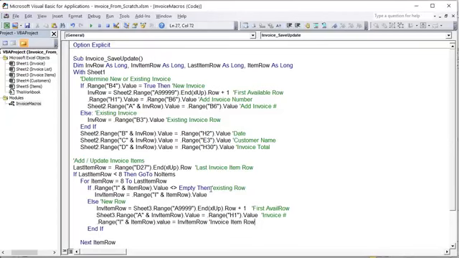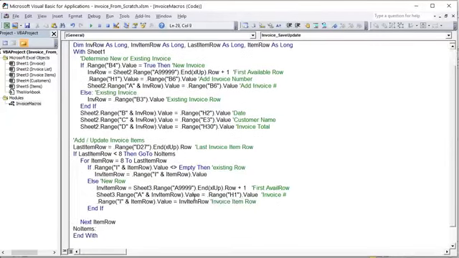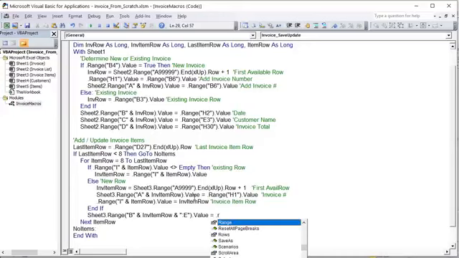All right, so we've got, if it's a new item or an existing item, so now we're ready to add in the remaining details. And we can do that with this line of code. Sheet 3 dot range B, and what is it? The invoice item row, and colon through E, because that's the last one, equals, what does it equal? Value equals whatever's on sheet 1, right? Dot range, in this case D, and in this case it would be the item row,